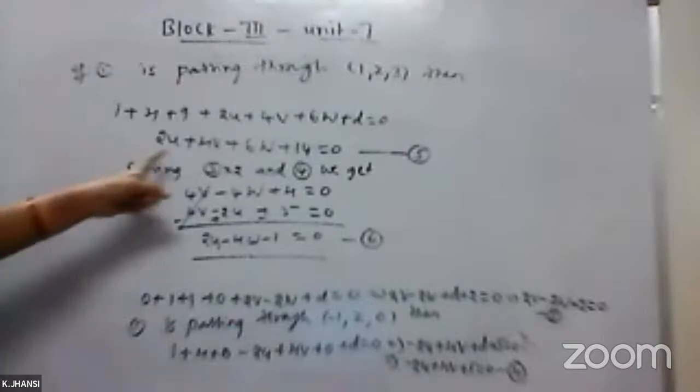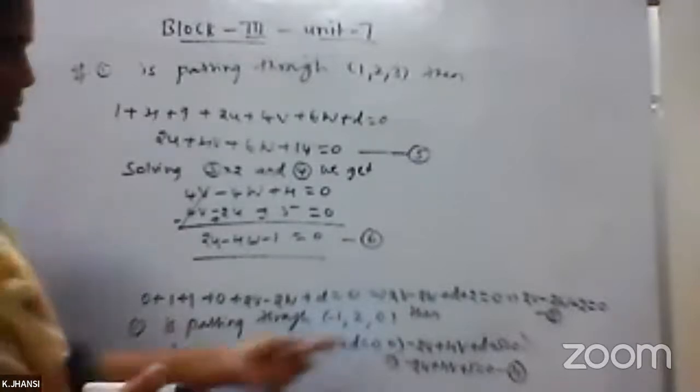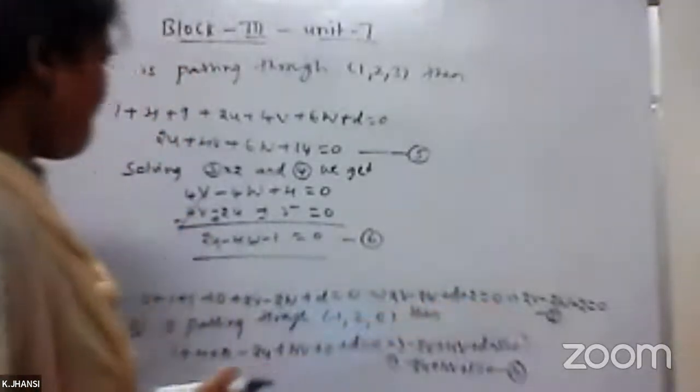Next u and w, no? So u and w, where we have 2u minus 4w. 5 and 6 will solve. 2u minus